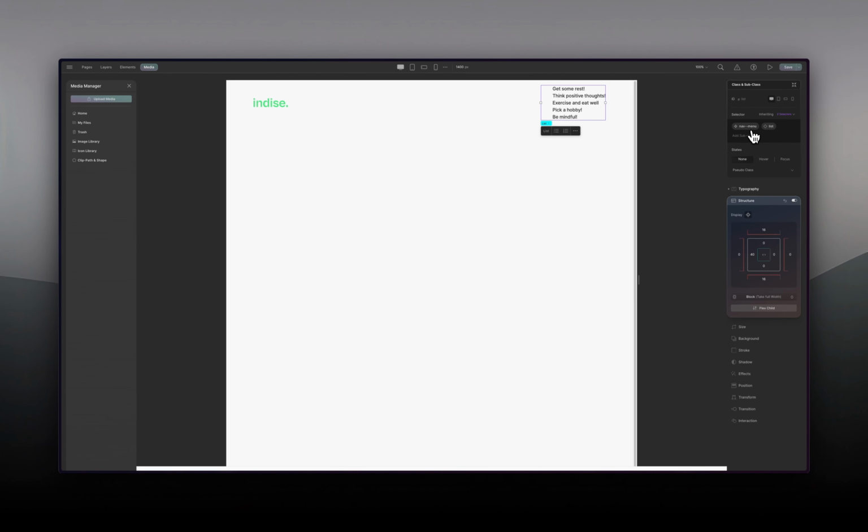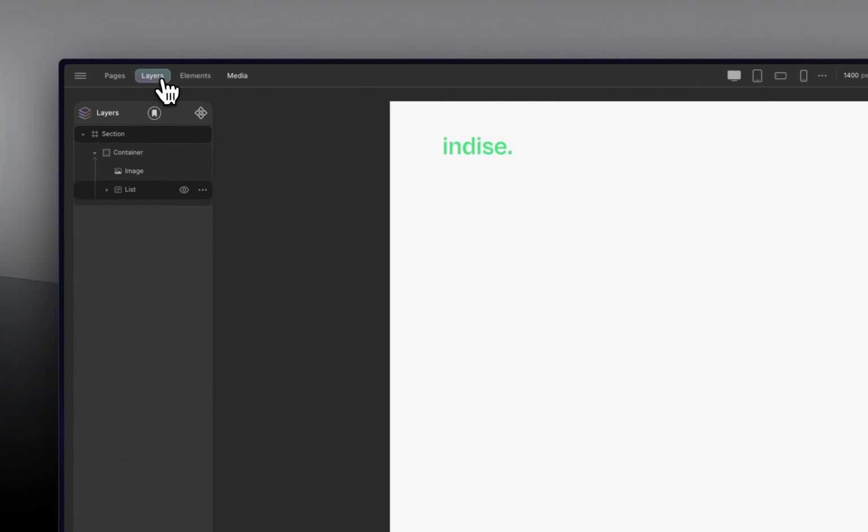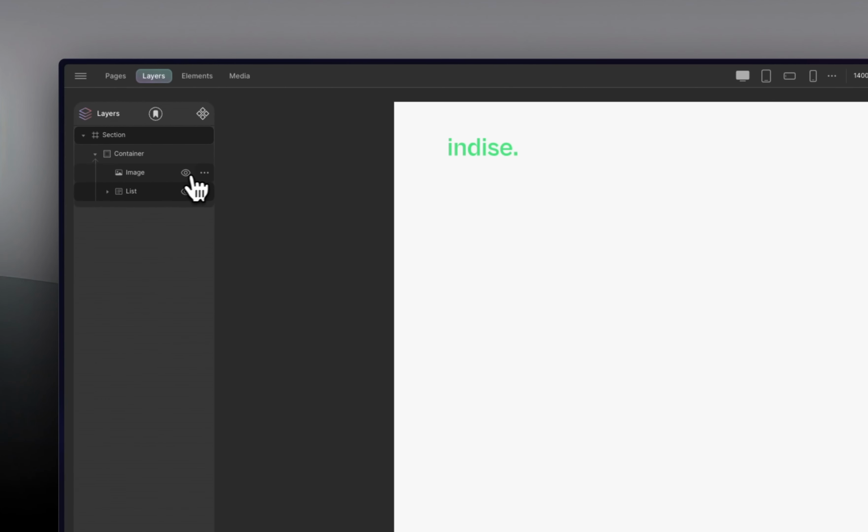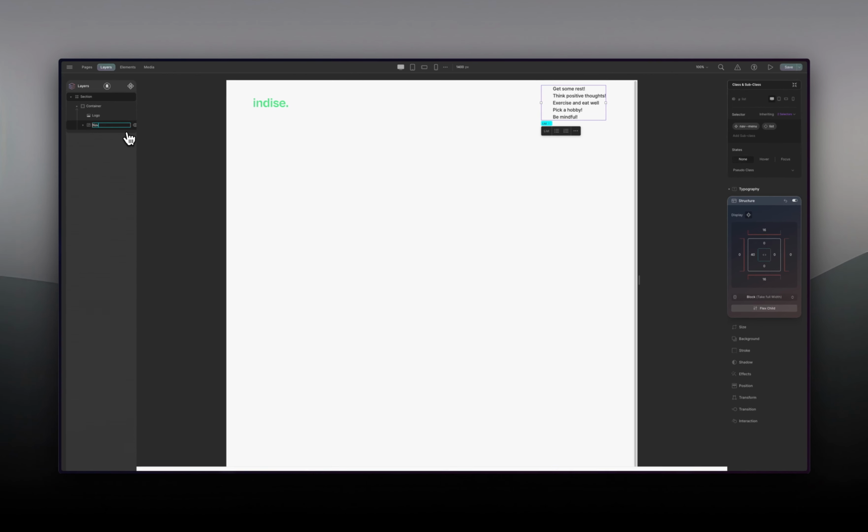So if you do want to add your own, if you want to change the names of these classes, you can do that. Let's open back our layers panel, and then in here we can change this name to logo, and then you can also come in here and change this name to nav menu.